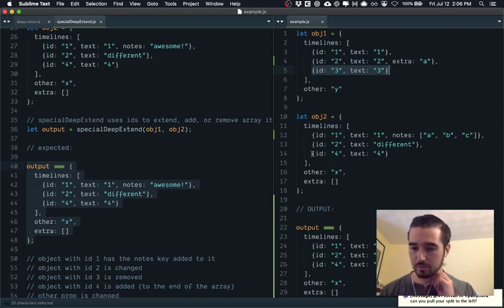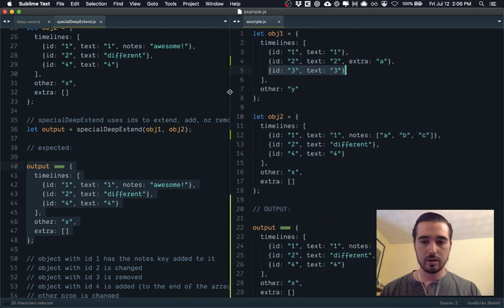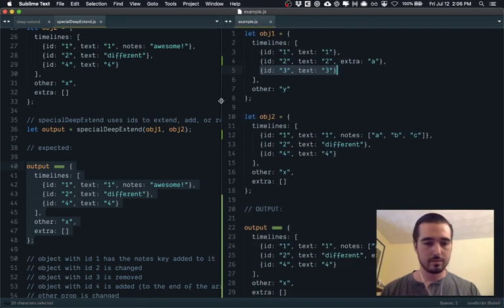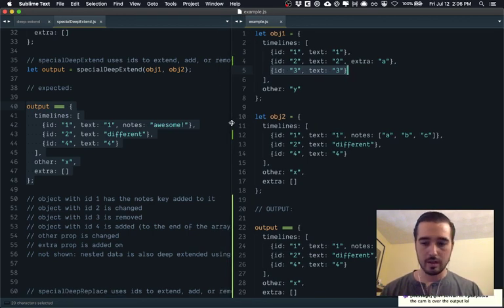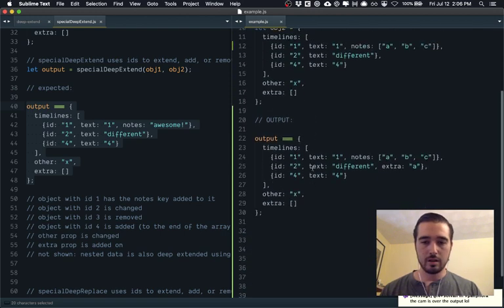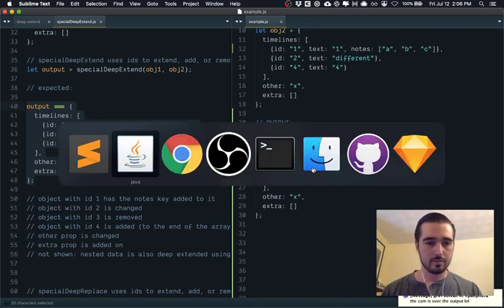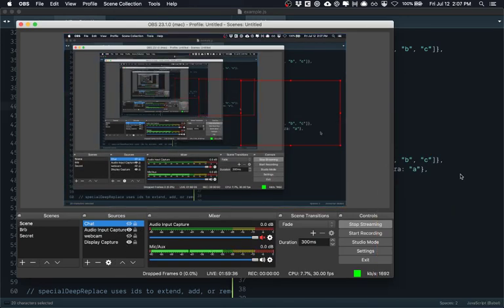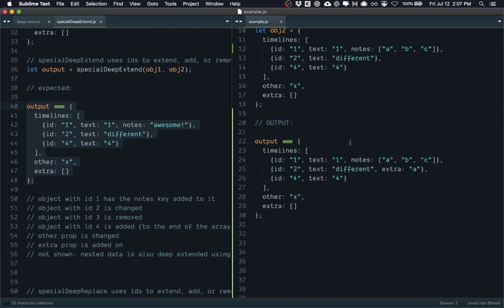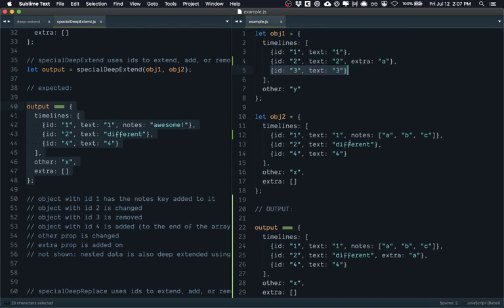Can you put your split on the left? Oh, pull your split to the left? Sure. Well, the problem is that it's going to cut out some of the code over here. But that's okay. Oh, the cam is over the output. Oh, okay. Well, I know you guys like seeing my face, but let's turn that off just temporarily, because we're hardcore coding right now. Okay, so